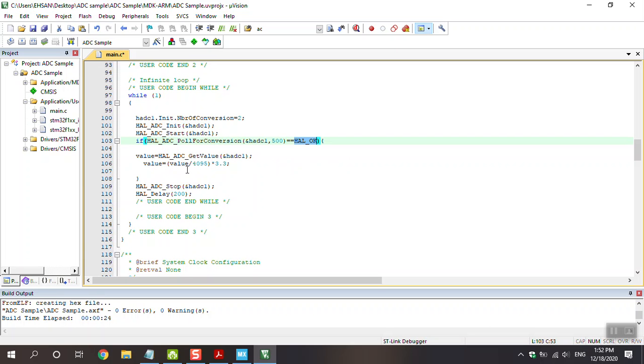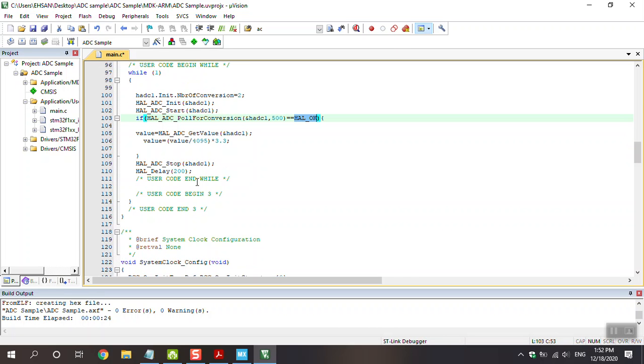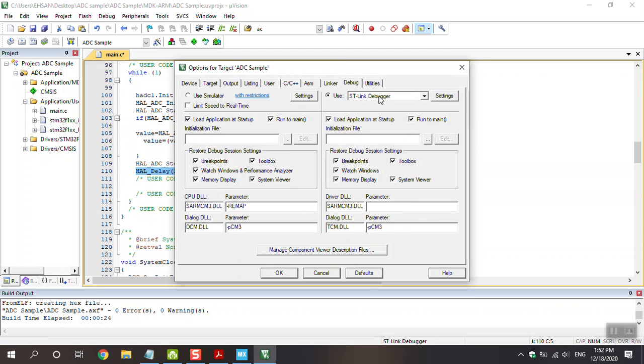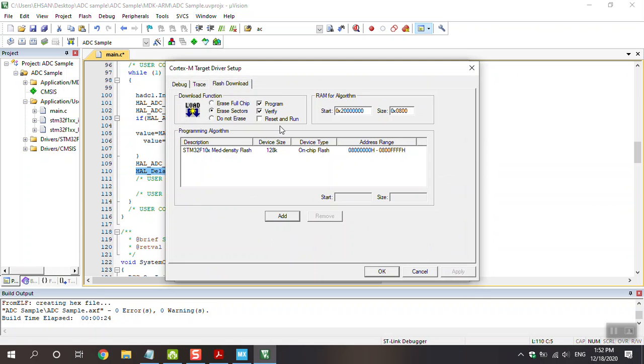After that, the value is divided by 4095, which is about the resolution bit, as I said. After that, we multiply by 3.3. It's related to the reference voltage, and that part is stop ADC with a delay at the end of that. Go through the debug setting, flash it here,